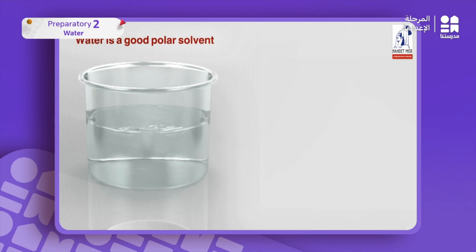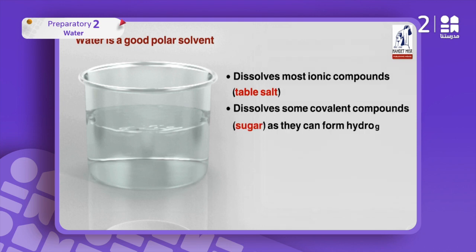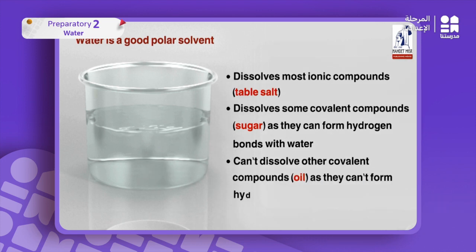Do you know why? First, water has a great ability to dissolve most ionic compounds, such as the table salt. Second, it also has the ability to dissolve some covalent compounds, such as sugar, which can form hydrogen bonds with water. However, other covalent compounds, such as oil, can't dissolve in water because they cannot form hydrogen bonds with water. From this activity, did you see the difference between dissolving salt in water or sugar in water or oil in